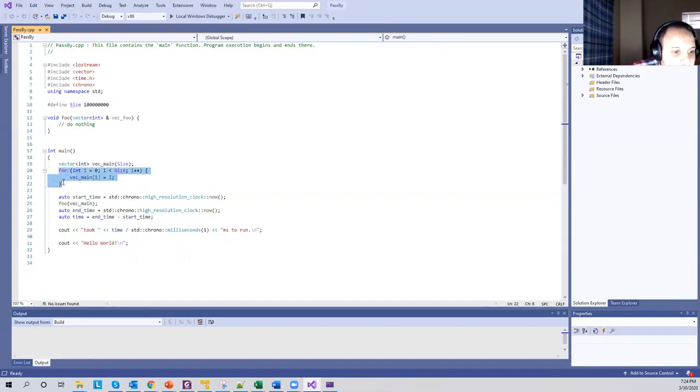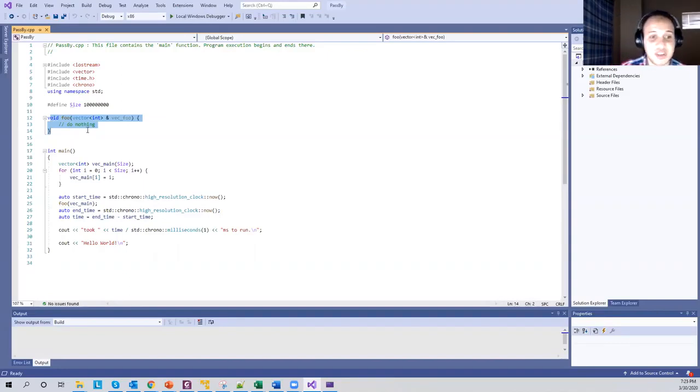We initialize this vic main vector using a loop from 0 to 100 million minus one, and then we start recording the time before calling the function, and this is the end time after the return from the function, and this is the elapsed time, which is basically the passing by value or reference time,